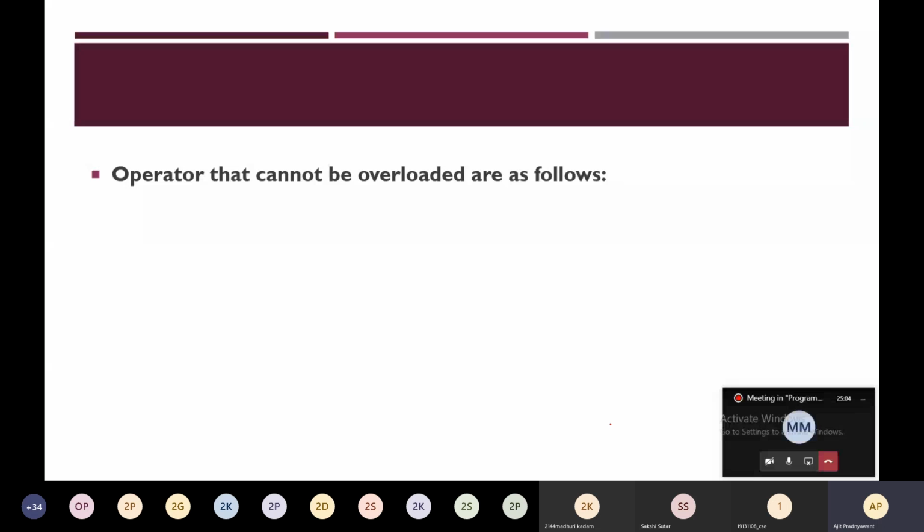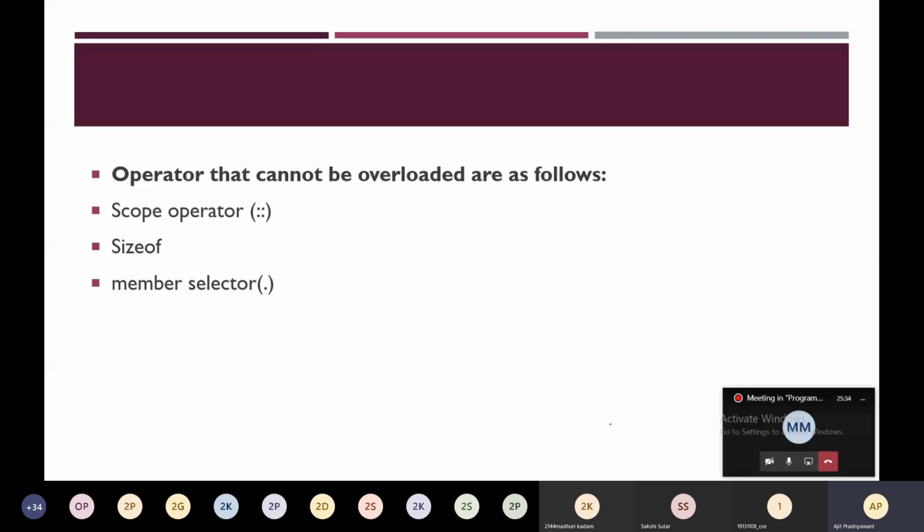So which operators can't you overload? First is the scope resolution operator. You can't overload the scope resolution operator. Then you can't overload the sizeof operator. This is actually a function used to calculate the size. You can't overload this.